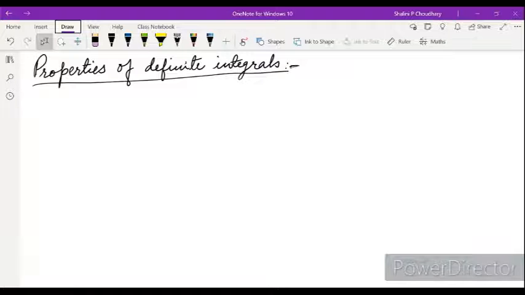We will see the next topic, that is properties of definite integrals. So there are some properties. Actually, there are 8 properties of definite integrals which are very useful in evaluating integrals. So we always need to understand them and keep them in mind while solving the sums. So the first property